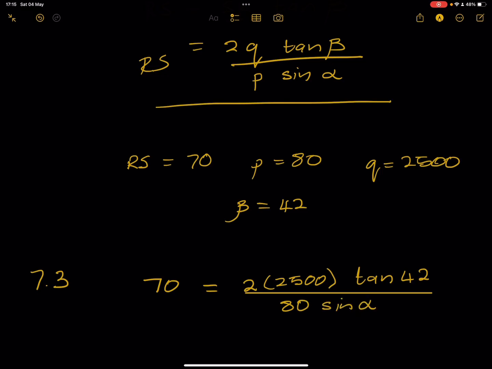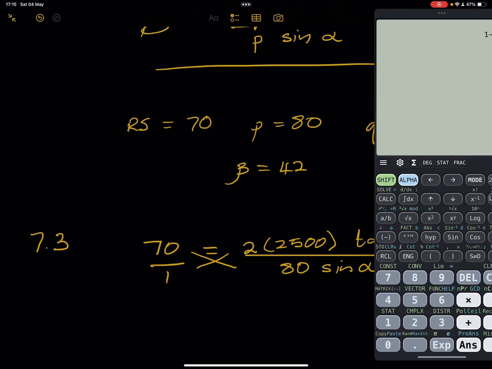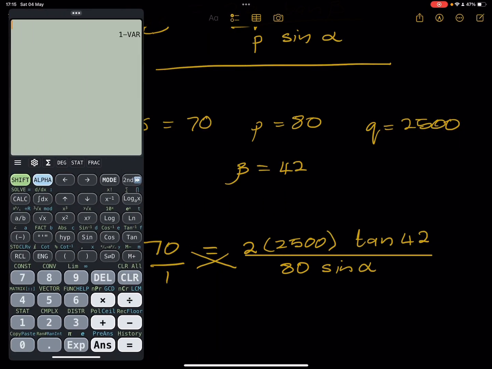Now, ladies and gents, what we can do is just cross multiply over there. So 70 times 80, okay, so let's whip out our calculator. So 70 times 80, that's 5,600, the sine of alpha,